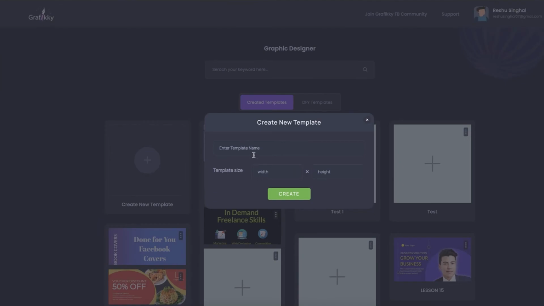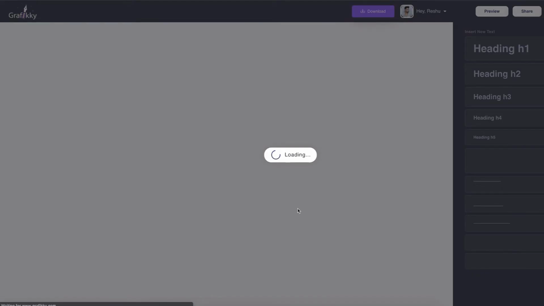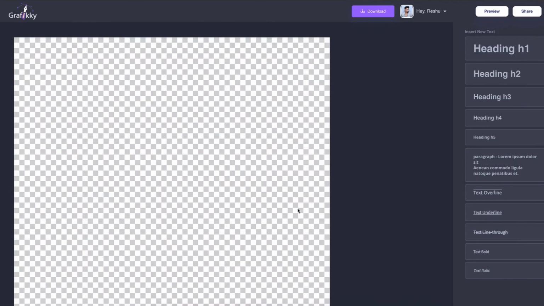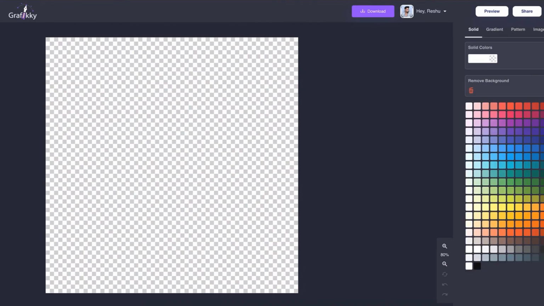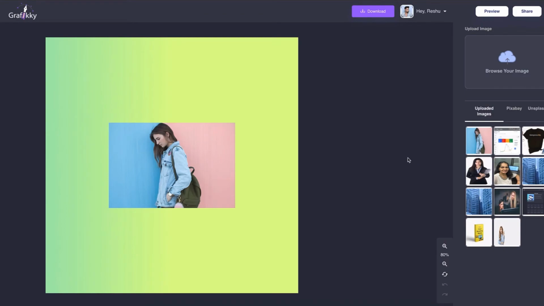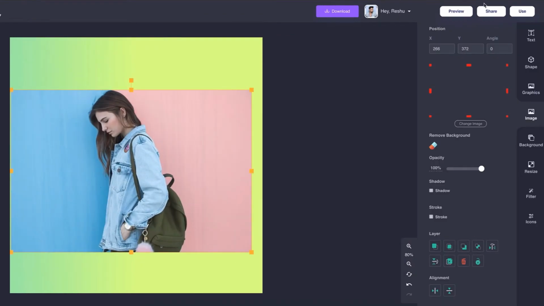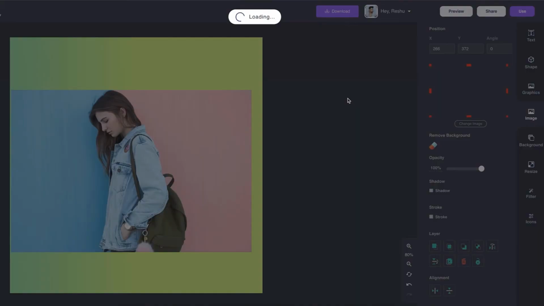For example, if I choose graphic designing, I put in the desired details. This is the canvas. Let us put some background to it, an image, and then I click on use.